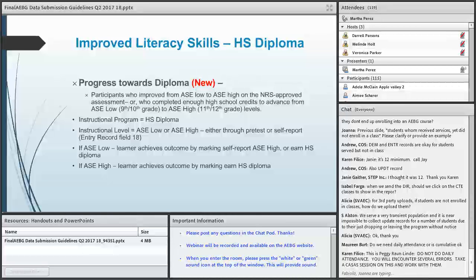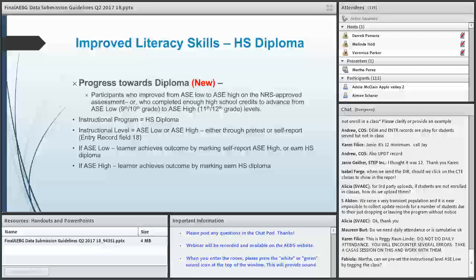And if the learner is self-reported ASE high, then they achieve the high school diploma by marking them earn high school diploma on the update record. All right.